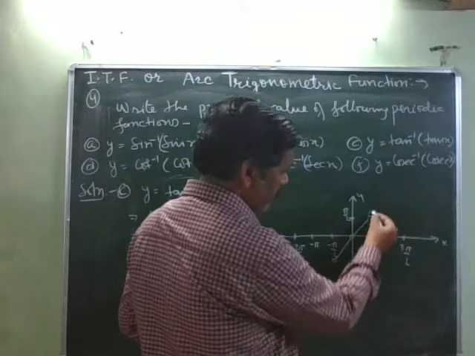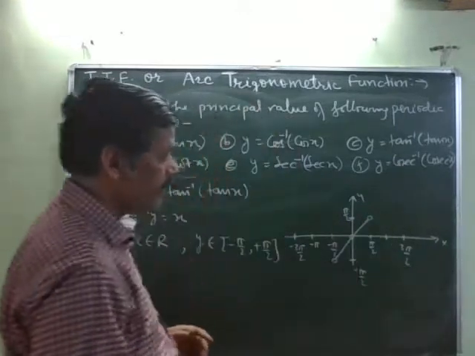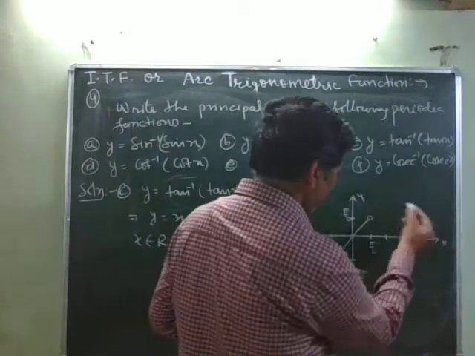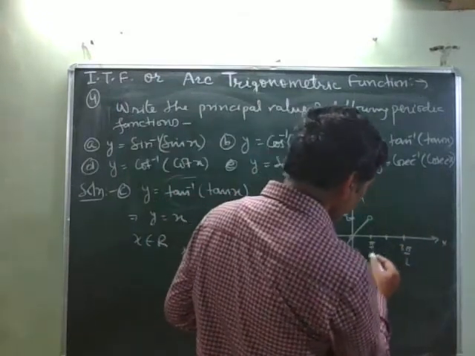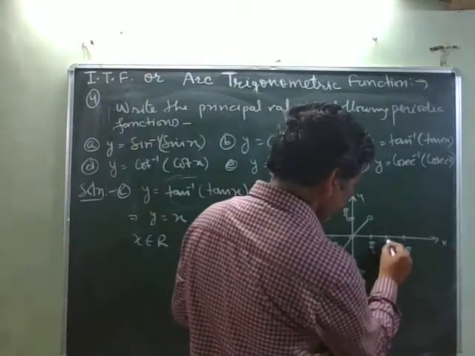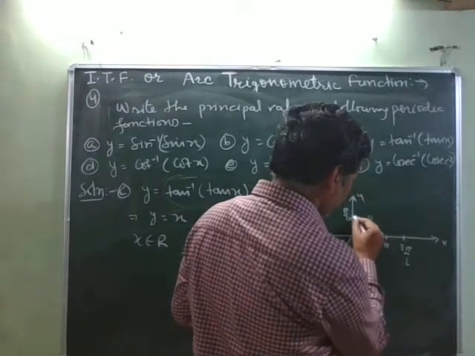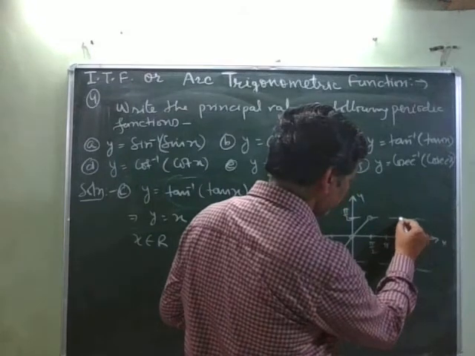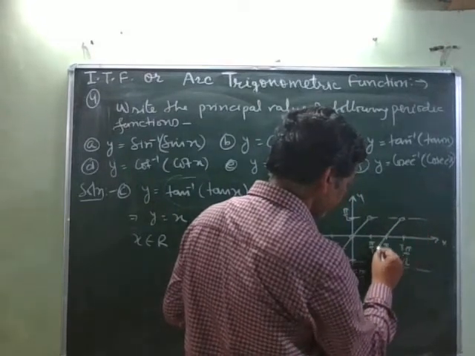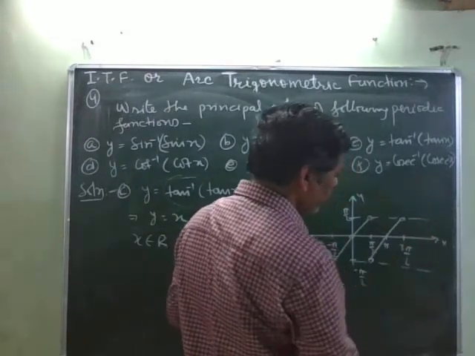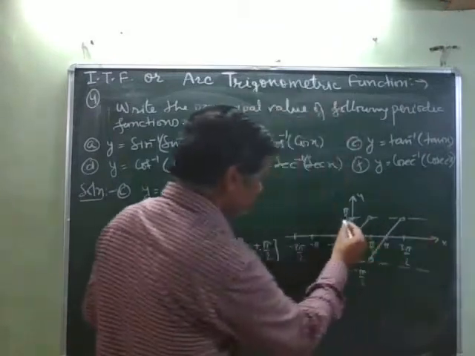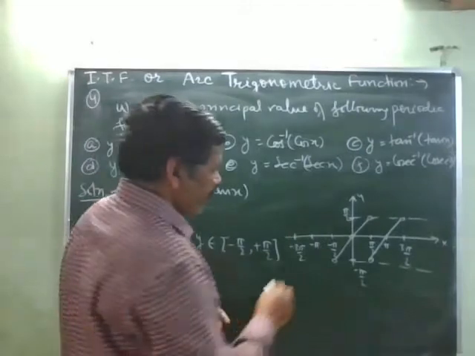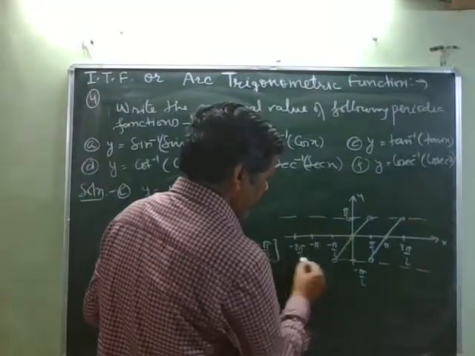It is not defined at pi by 2, therefore I have made a circle here to show that it is not going to approach here. And now after this one, the same thing we are going to do. This is pi, it will repeat itself time and again, and the graph will be completed as